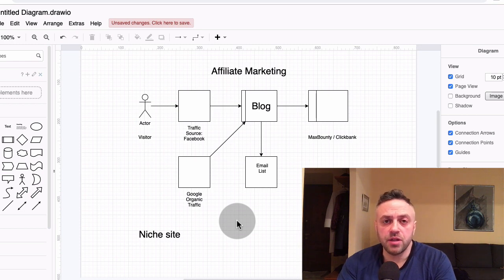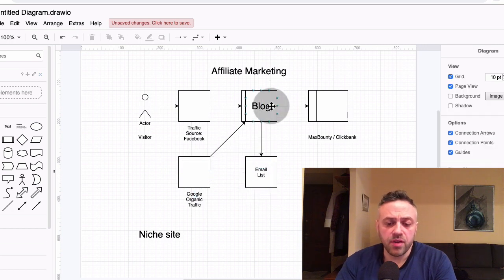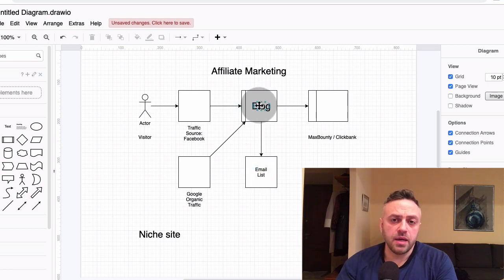So it's not going to change, it's not going to go down and up. Of course, there are Google algorithm updates and all that, but for the most part, it's going to be fairly stable. So this is why I really like Google free traffic. Now, the difference between having an email list and having a blog